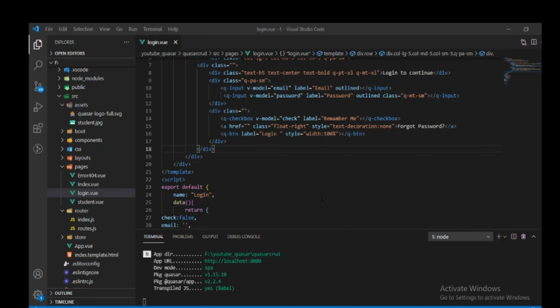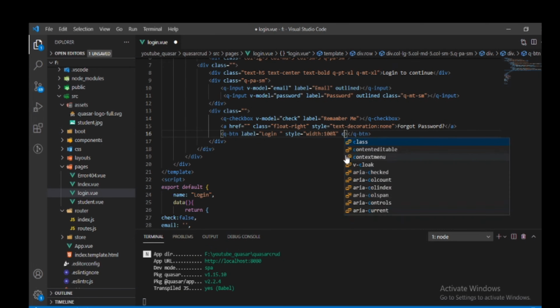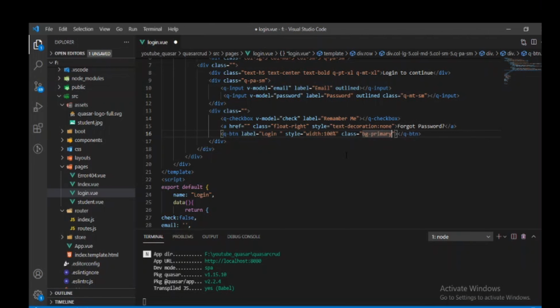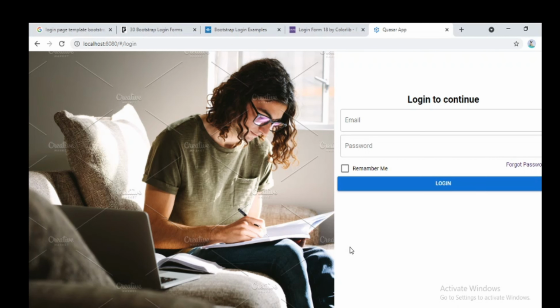Yes, so we will give it color, bg-primary, and then text-white. Look, yes, now is it looking good?